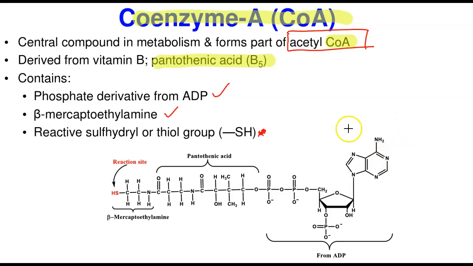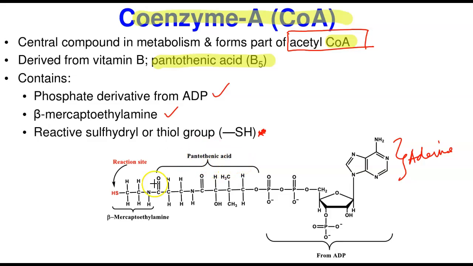Okay, let's start from here. Remember, this of course is adenine. Then adenine itself is connected to a ribose. Ribose is now connected to 2 phosphate groups. So if you look at this, this looks like a derivative of ADP. If I remove this one, this and this forms adenosine diphosphate, ADP. However, if you now put this one here, we say it's a derivative of ATP, just to let you know. And then this is now connected to the pantothenic.